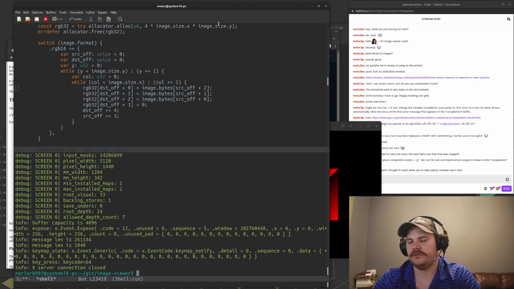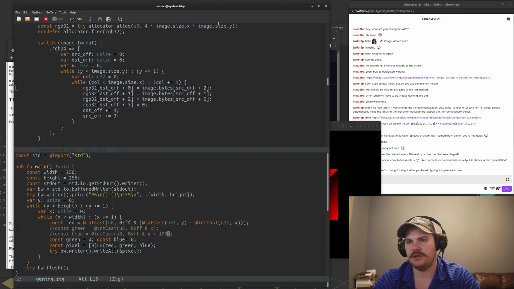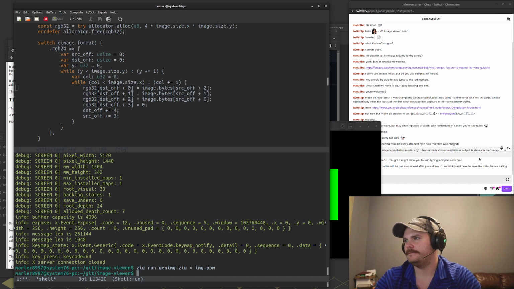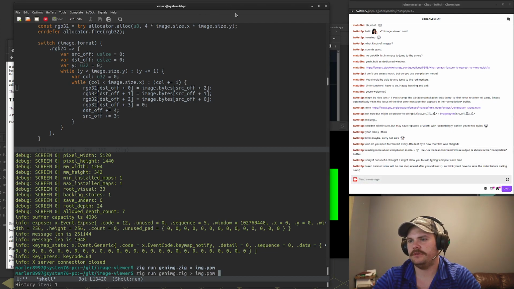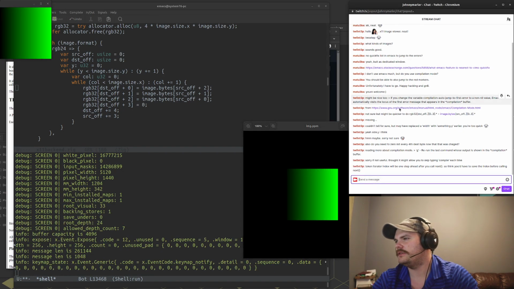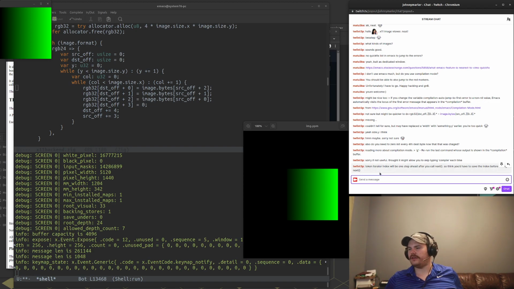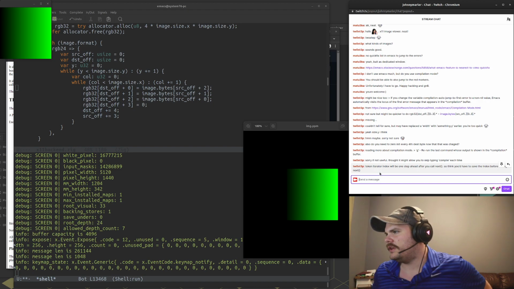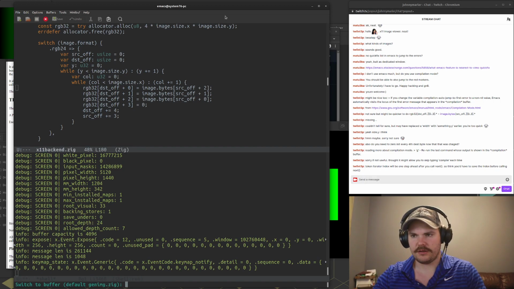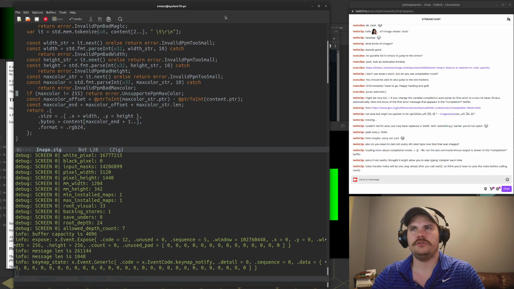So let's go back to gen image and do green. Let's see. Does that show us green? Looks like it does. Let's see, what's this comment? Token iterator index will be one step ahead after you call next. So I think you'd have to save the index before calling next. Okay, let's try that. Let's see, what file was that? That was an image. So you're saying if I save it here,